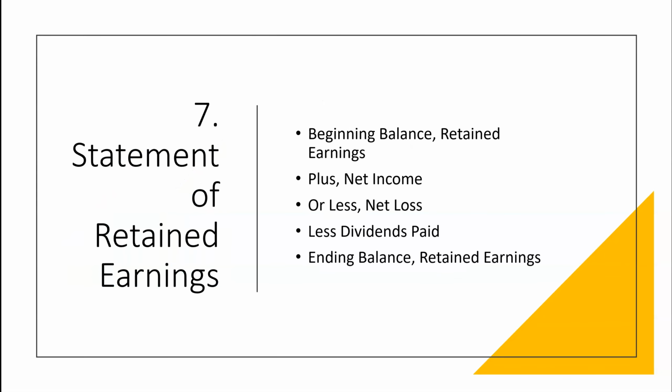And so we get to this, and this is just basically a reconciliation statement. And so we have a beginning balance, say, of retained earnings. So it's the start of the period, and we have a balance that carried over from the previous period. Then we're going to take the net income for the period or the net loss. So if it's net income, we're going to add it to the retained earnings balance. If it's a net loss, we're going to reduce the retained earnings balance. And then if we paid any dividends out, we're going to reduce the amount of retained earnings by any dividends that are paid out. And then we can calculate what our ending balance in retained earnings is.